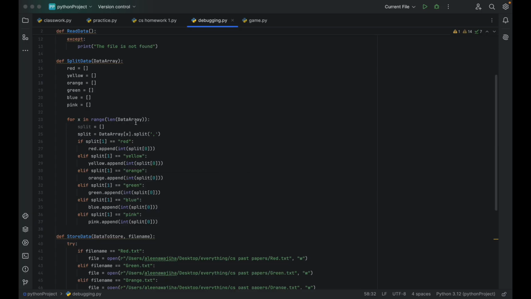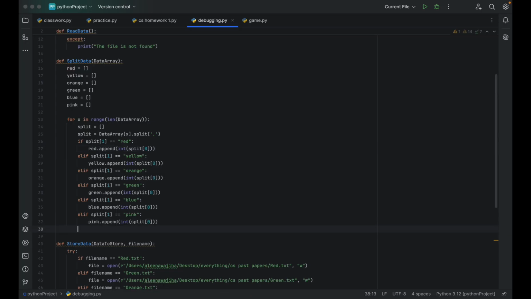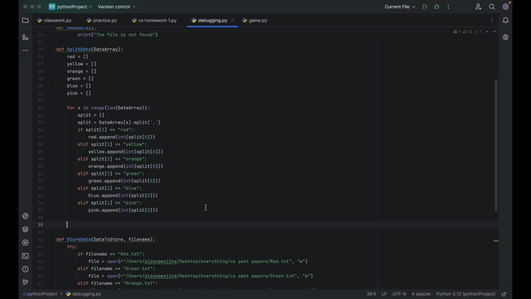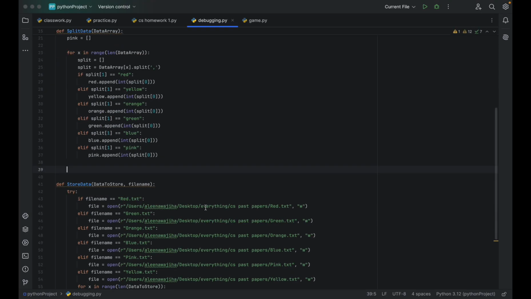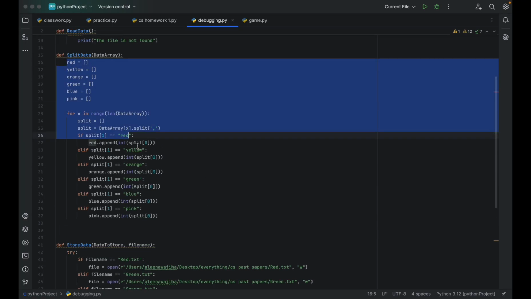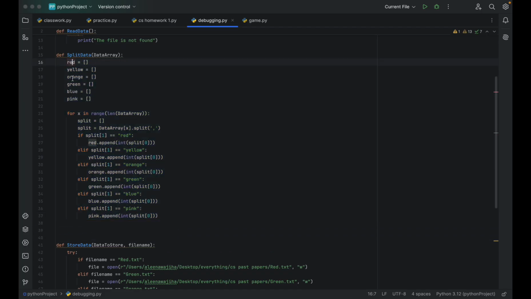सॉरी, वी आर टेकिंग एलिमेंट्स फ्रॉम द डेटा एरे, राइट, एंड वी आर स्प्लिटिंग दैम, ठीक है, हम कॉमा सेपरेट कर रहे हैं, जो 10 होगा वो अलहदा हो जाएगा और जो रेड है फॉर एग्जांपल वो अलहदा हो जाएगा, ठीक है, एंड रेड से हमें पता चलेगा कि हमने रेड एरे में स्टोर करना है, वो इंटीजर एरे में स्टोर होता जाएगा, एंड दिस इज गोना कंटिन्यू until द डेटा एरे एंड्स, ठीक है। उसके बाद वो लोग कह रहे हैं कि हम लोग स्प्लिट डेटा के अंदर स्टोर डेटा को कॉल करें विद ईच ऑफ द कलर्स एंड द फाइल नेम्स, ताकि वो अब अपनी फाइल्स में स्टोर होते जाएं। अभी यहाँ तक ऑल ऑफ द इंटीजर्स आर गेटिंग स्टोर्ड इनटू द कलर्ड एरेज, राइट।